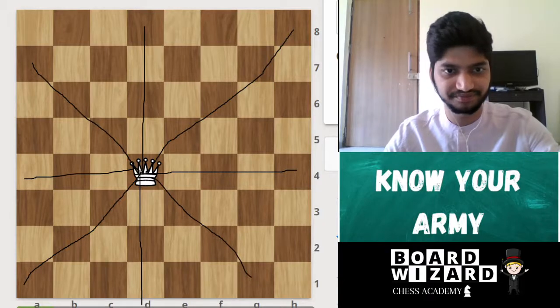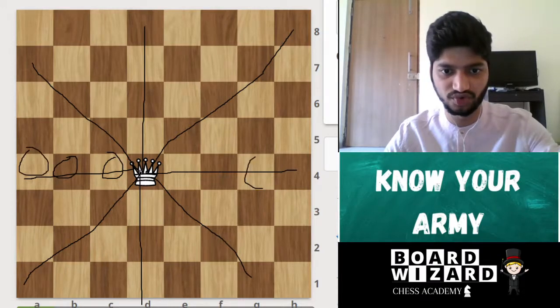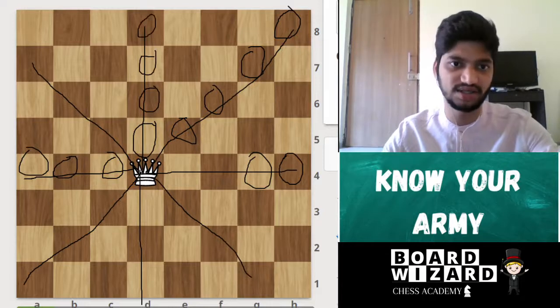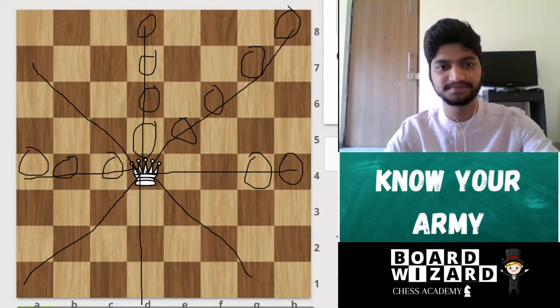Now it's the same. She can move to any square she likes in one move. G4, H4. She can move in here, here. G7, H8. She can move to D5, D6, D7, D8, like that.